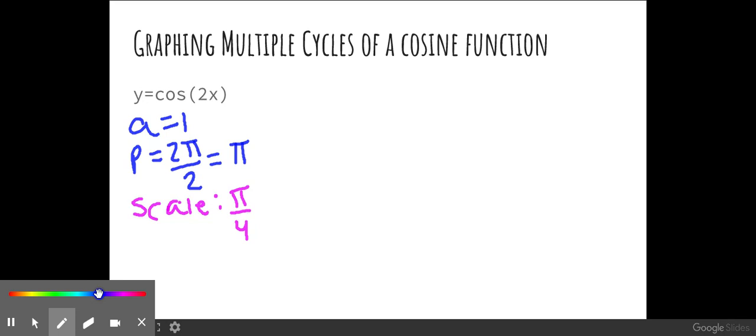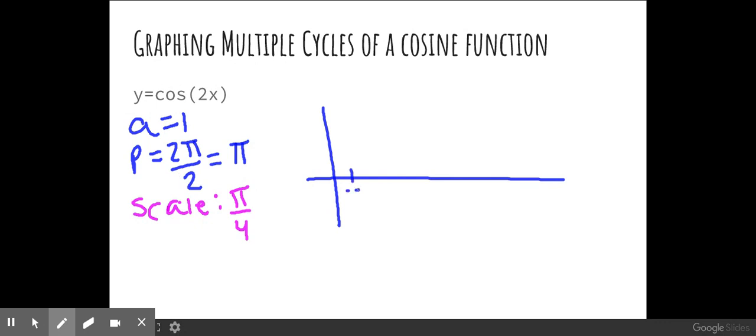No shifts or anything. So now when we go to graph this, we are going to start with a scale of pi over 4. So 1 pi over 4, 2 pi over 4 is pi over 2, 3 pi over 4, and then 4 pi over 4 is pi,